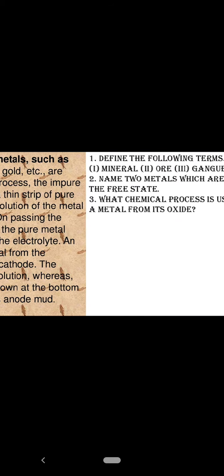The next is corrosion. For understanding the concept of corrosion clearly, we will consider 3 test tubes and place clean iron nails in each of the test tubes. Label these test tubes as test tube A, test tube B, and test tube C. Now pour some water in test tube A and close it with the cork.